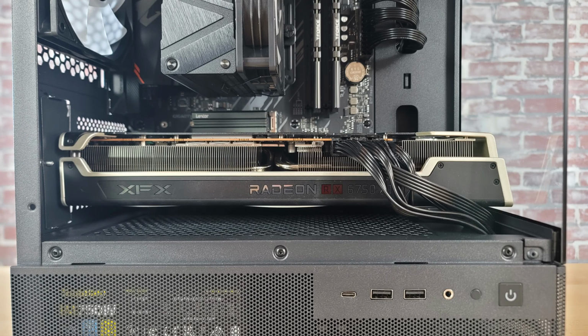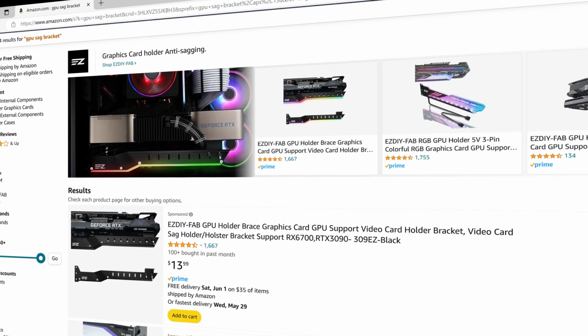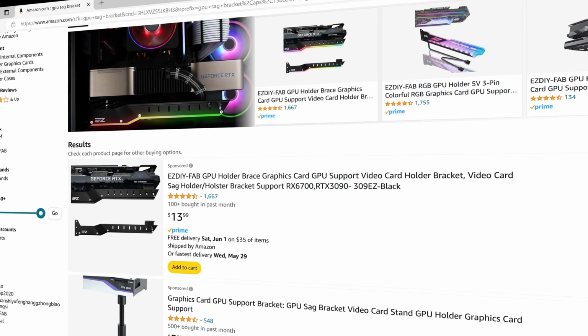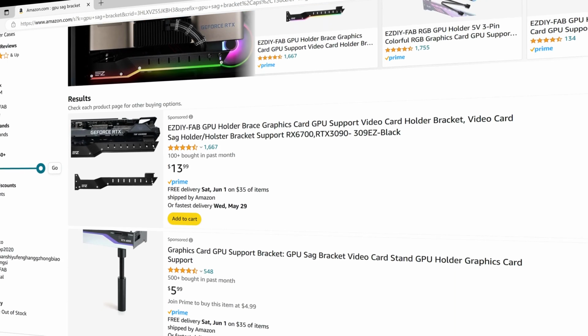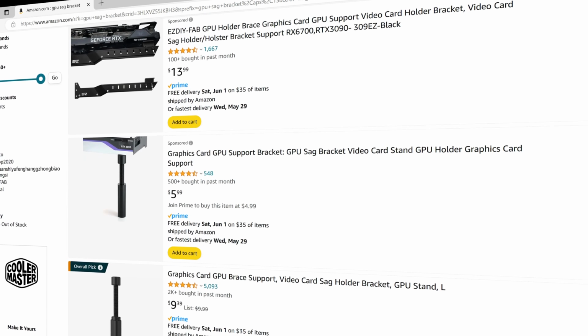Just a note, because this graphics card is so big, you could deal with some GPU sag here. GPU sag refers to when a graphics card is so big that the PCIe slot can't hold it, and over time it starts to sag down, and it can even damage the graphics card. So in order to combat this GPU sag, a lot of builders will find some sort of a bracket or something to stick under one of the edges of the graphics card to help prop it up so that it